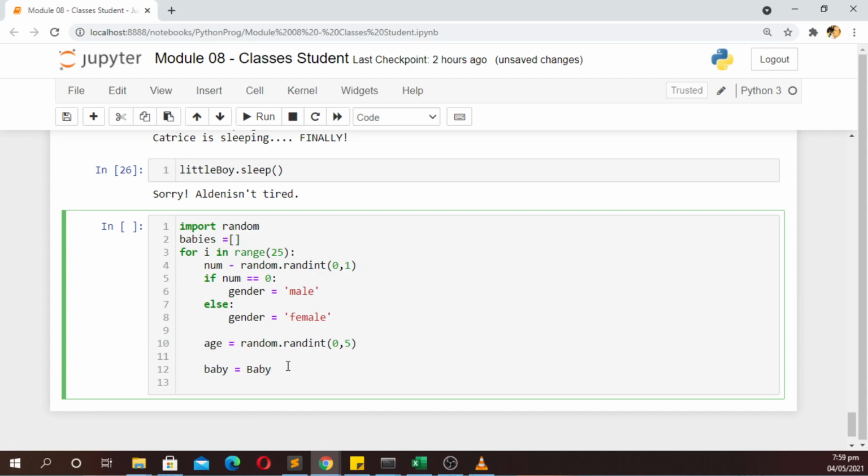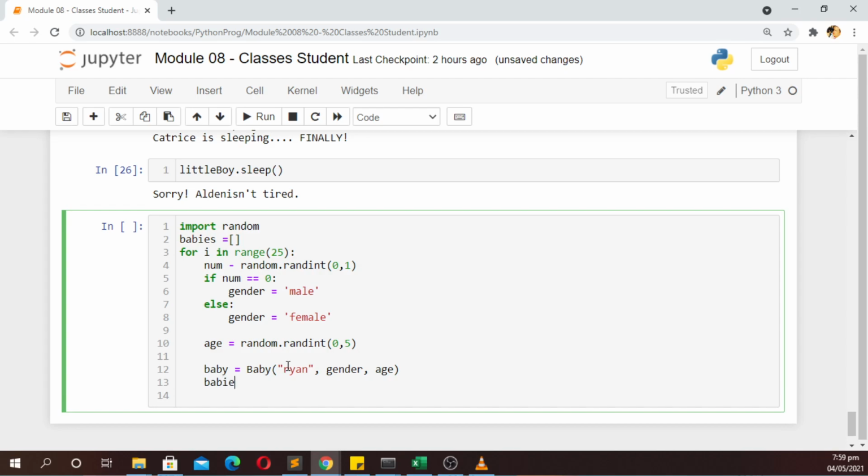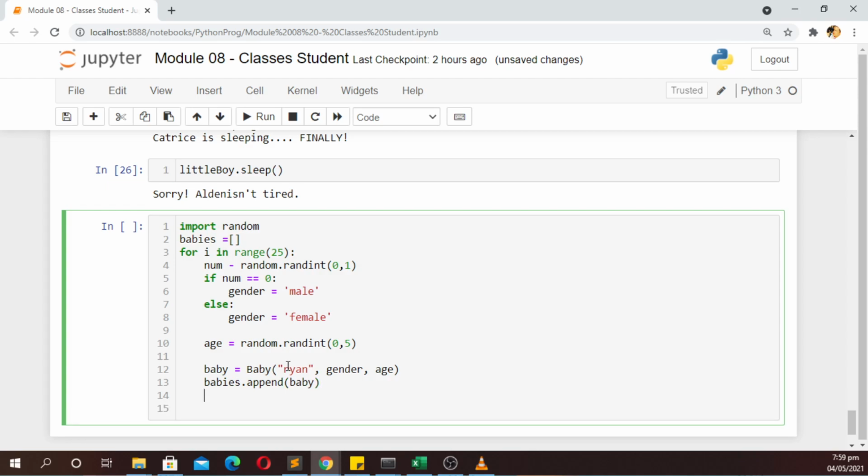So baby is equal to Baby. Tapos Ryan, sample lang muna. Check muna natin kung mapapagana natin bago natin gawing komplikado ang mga bagay-bagay. Age. Tapos babies.append. Mag-append tayo ng baby. Tapos loop tayo. So for baby in babies,